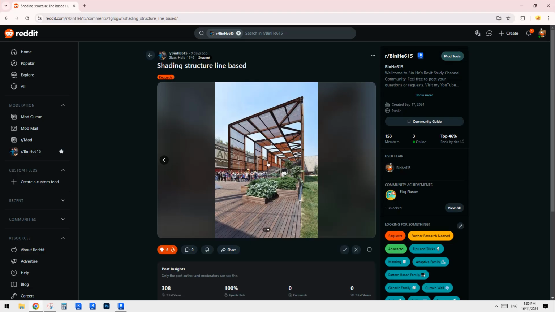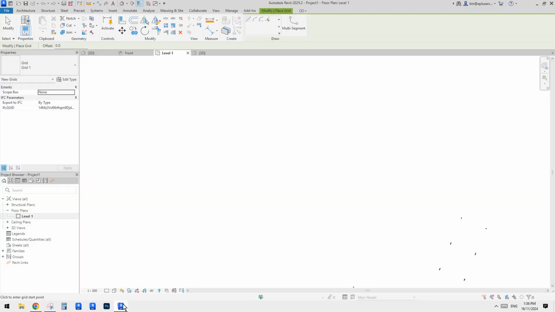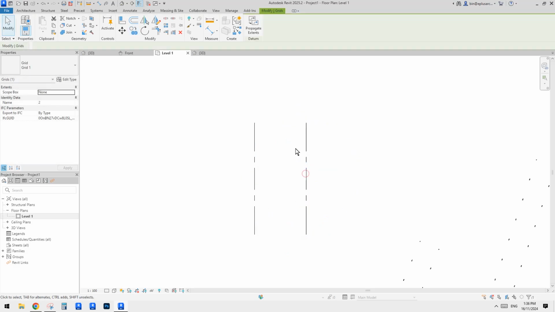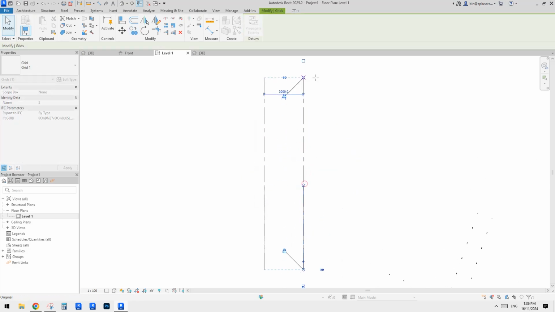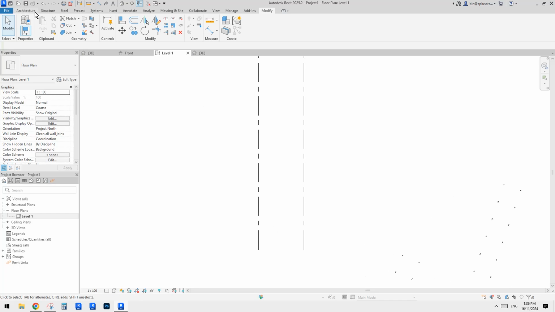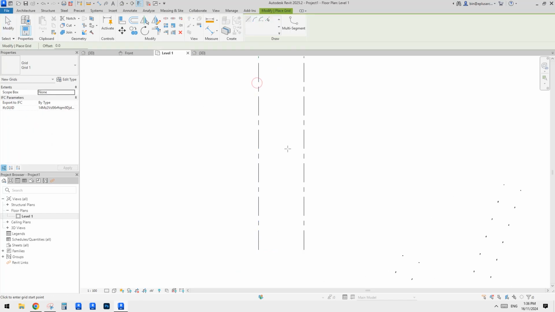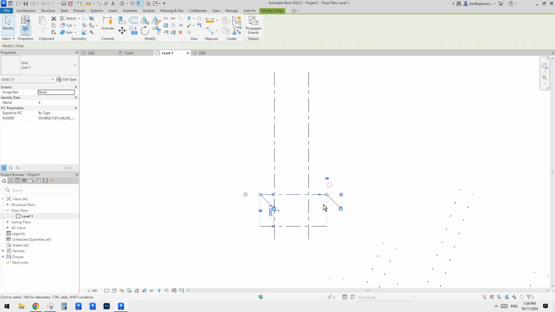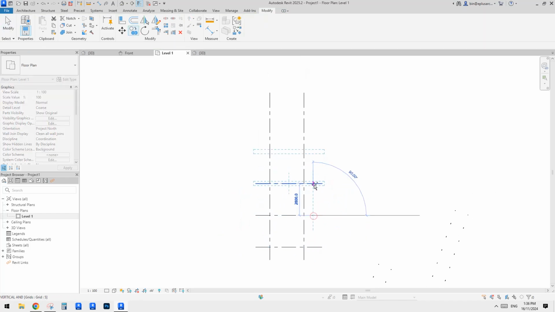So like all this grid. I'm mostly architectural and not structural, so if I did something wrong, please let me know. Okay, so this is what I will do. Just create some grids, right? And